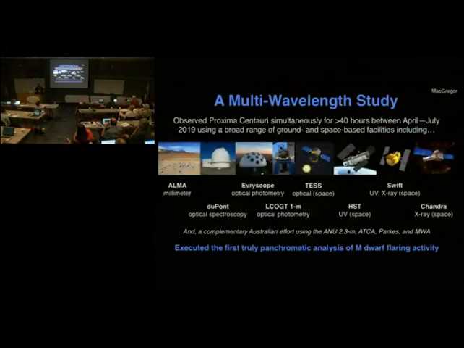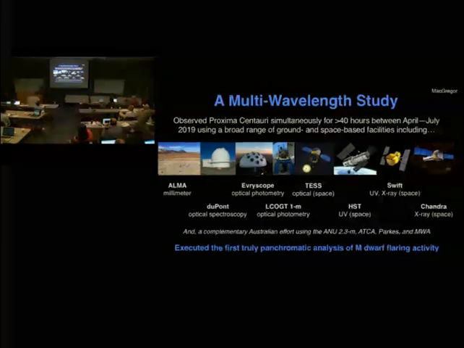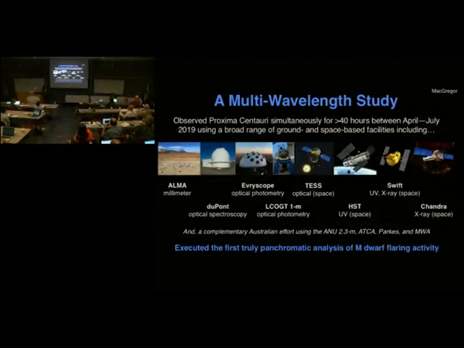So, great, we have 2 flares. We're building up small number statistics, but we'd ideally like to get many, many more, right? Because I can only argue so much about the physics of stellar flares from 2 events. So what I've been working on with Alicia and this whole team of collaborators is to do this really multi-wavelength study. So between April, and I guess finally ended in July of this year, we carried out this massive campaign